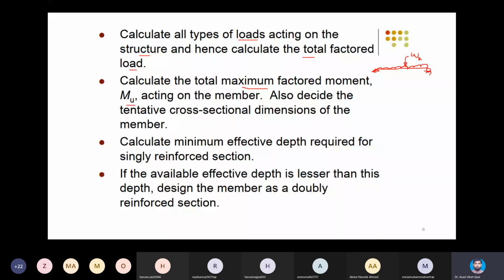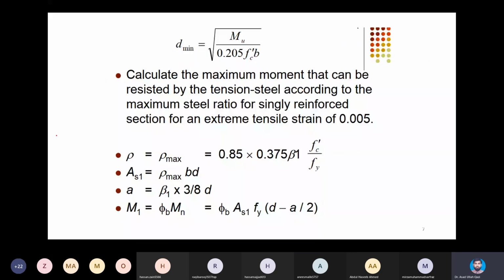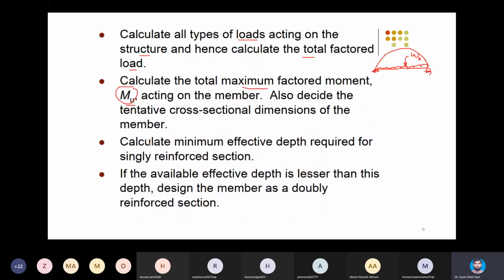Then if you have that Mu with you, you know that you will decide the fc prime, you will fix the b, and you will calculate the d minimum against that demand of Mu. Calculate the minimum effective depth required for a singly reinforced section, which I have shown you on slide number 7. Now, if the available effective depth is lesser